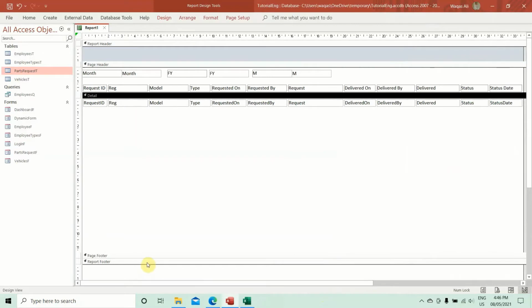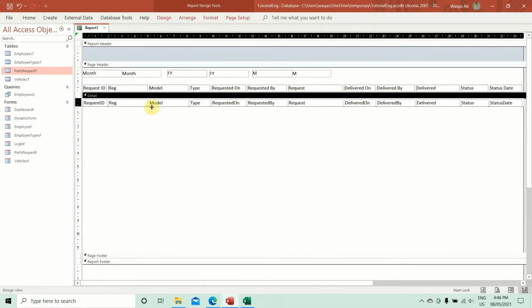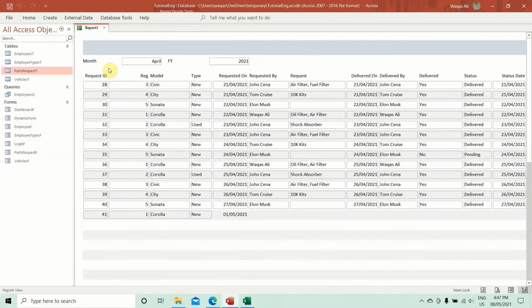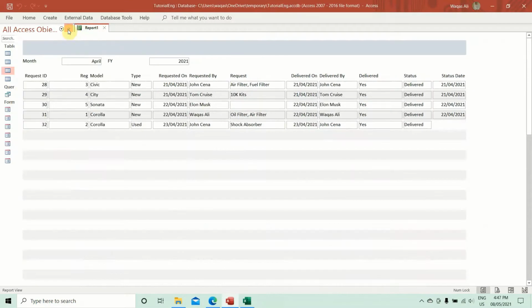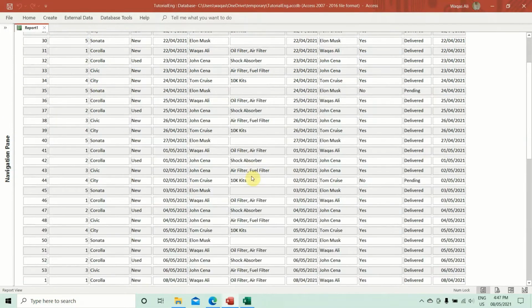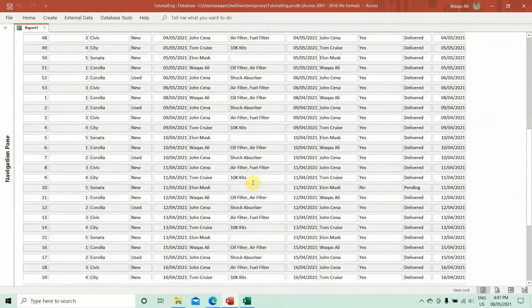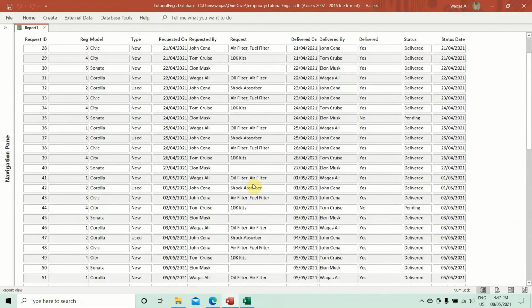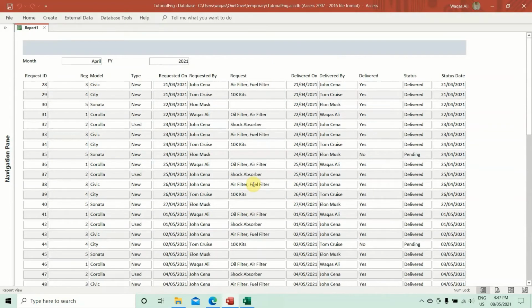Now we'll bring this closer to these fields. Now if I run report view, we can see it's coming along very well. So this is good, but it's not yet finalized. I would like to do a lot more